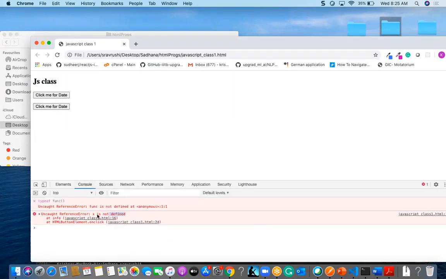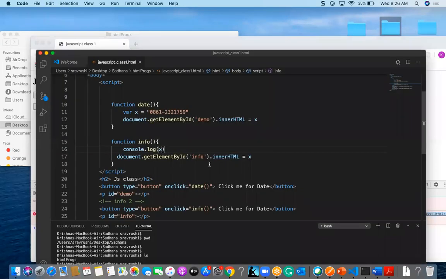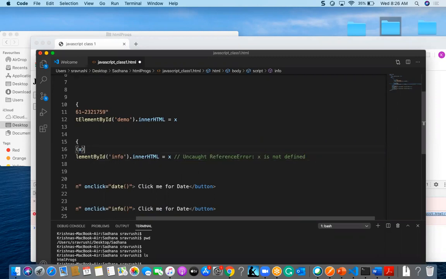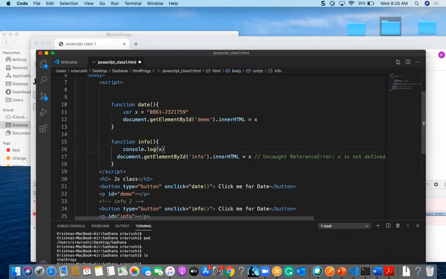X is not defined, reference error. So in this case, we are going to get an uncaught exception, reference error, which means that it is not there in the scope at all.